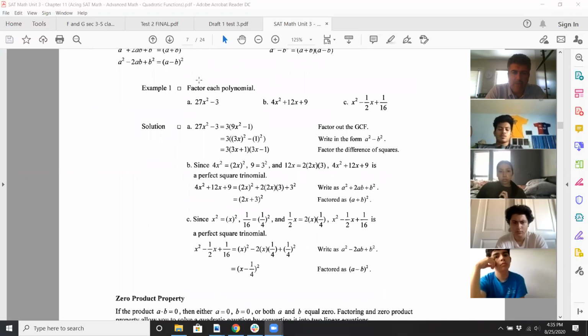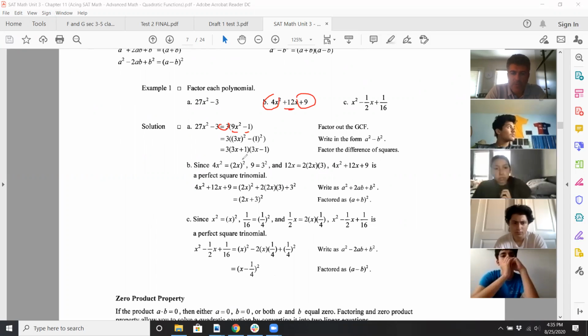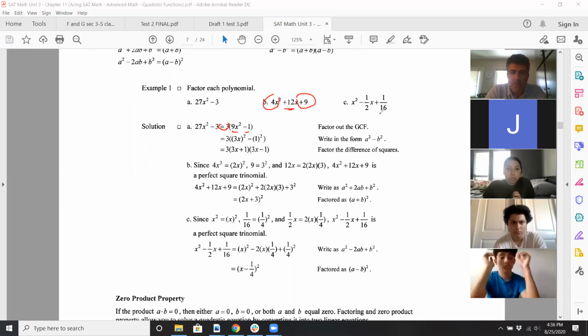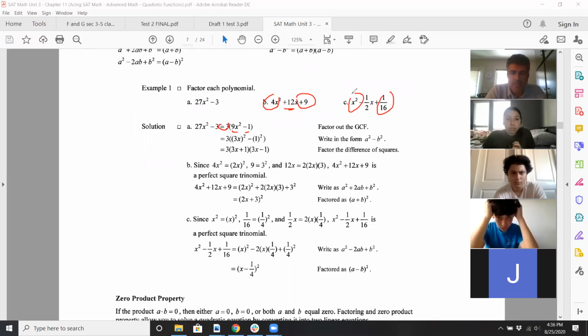For example, I could factor out 3, and then 9x squared is a perfect square, 1 is a perfect square. The square roots of those are 3x and 1, work it out. Here, those are also perfect squares, but you have a middle term. The square root of 4x squared is 2x, the square root of 9 is 3. If you multiply and double it, you do get 12x in the middle. The square root of this is 1, 4, the square root of that is x. So you have